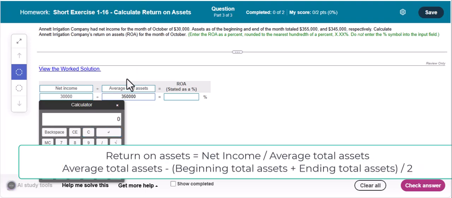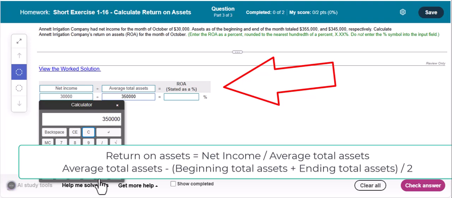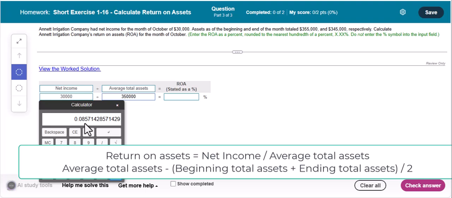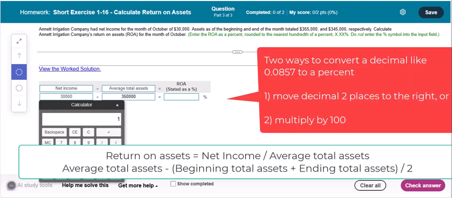So then we need to do the math to get the return on assets. So we'll go ahead and clear our calculator if we haven't already, and enter the 30,000 in net income, and then divide that by the 350,000 average total assets. And that is going to give us 0.0857, and if we want to turn that into a percent, we can multiply that by 100 here, and that's going to give us